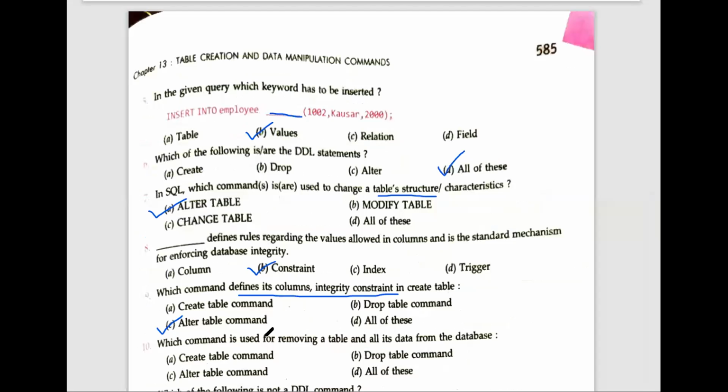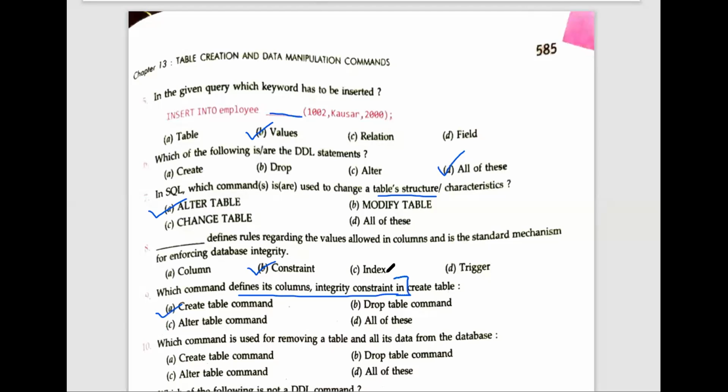Then next is, which command is used for removing a table and all its data from the database? Sorry, just one more second. This is not alter, this is create only, because it says define its column integrity constraint in create.